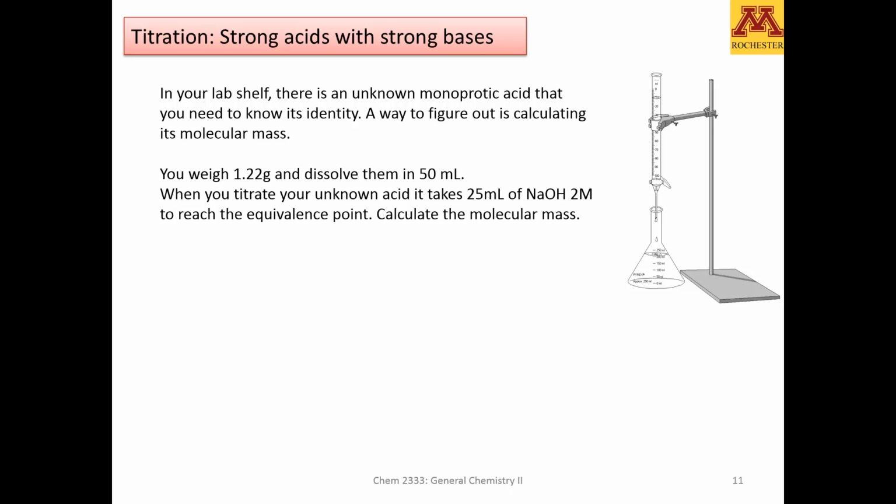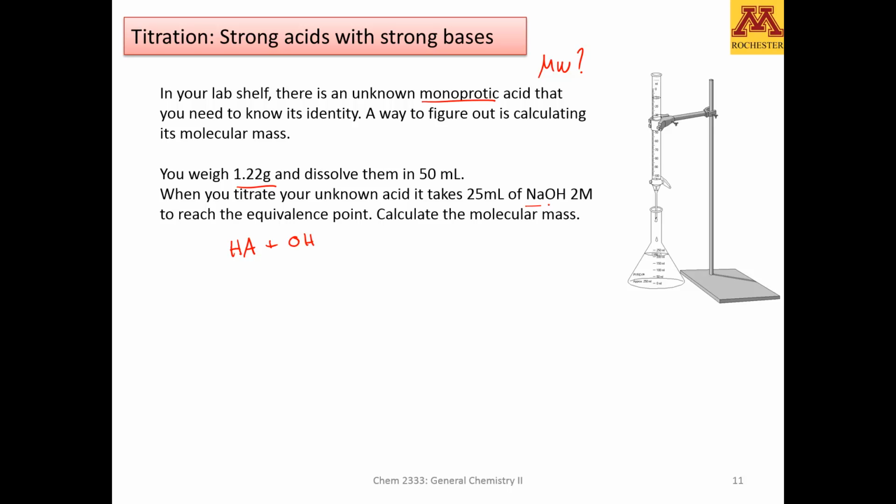Let's practice and give an example of how we can use indicators and titration to determine unknown variables. In this case, it's an unknown monoprotic acid, so we need to know the molecular mass, or molecular weight. You have an unknown monoprotic acid whose identity you need to know. A way to figure it out is by calculating its molecular mass. So you weigh this many grams and dissolve them in 50 milliliters, and then you titrate the unknown acid, let's call it HA, we don't know how much it is,